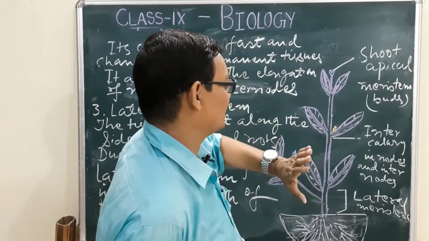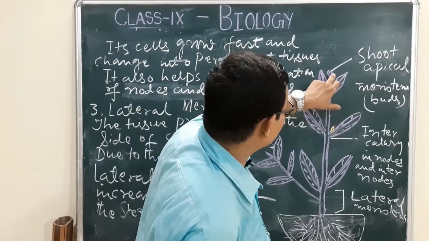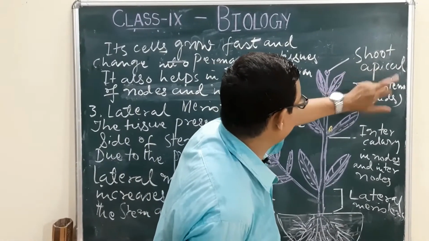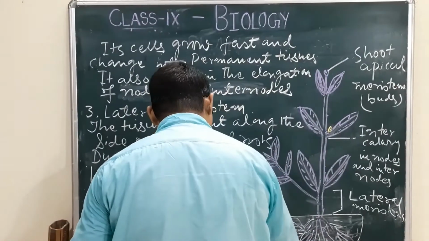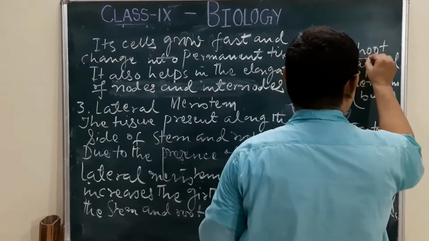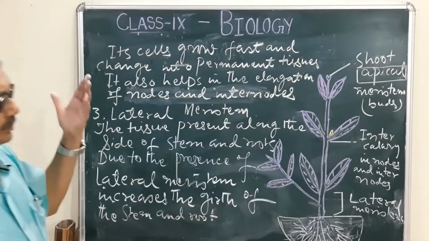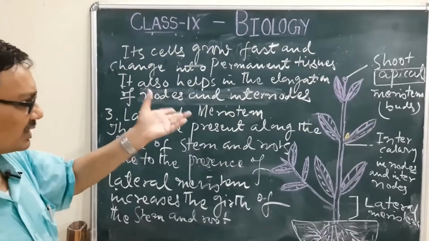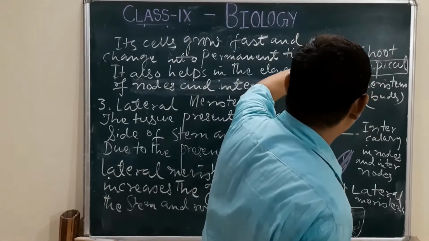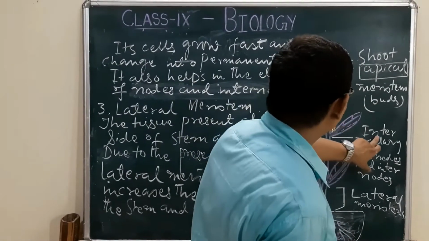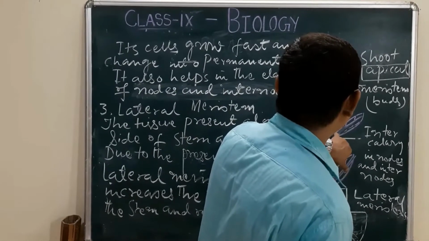Like you have seen here the shoot apical, that is the apical, the first type of meristem. Here the shoot part, that is the stem tips which you see in this case, and buds. So this is the location, and the intercalary is mainly present at the base of the